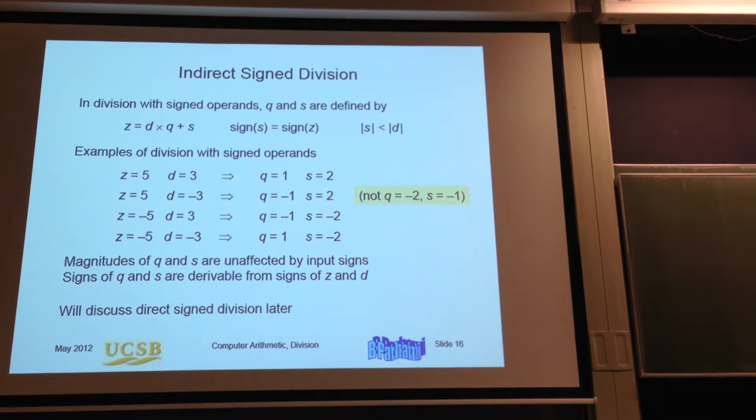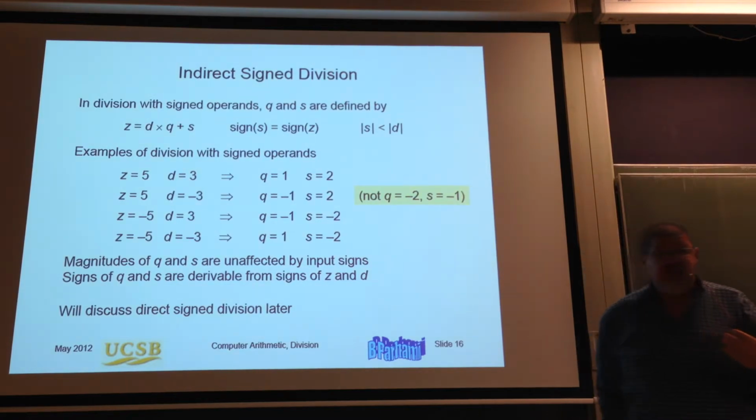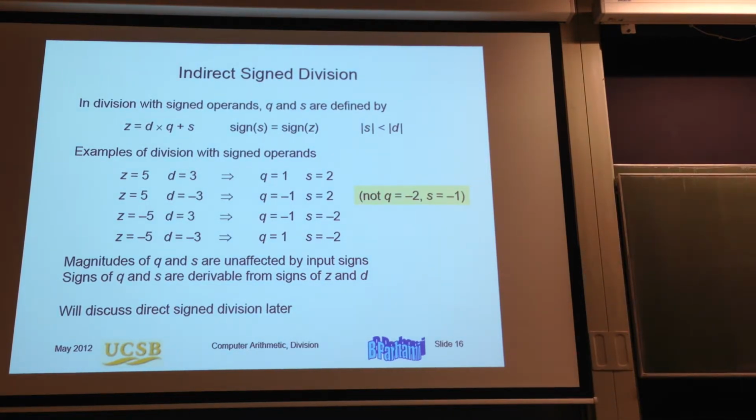Now, division can be handled, we always start with unsigned numbers in order to clarify the basic mechanism, and then we go into signed numbers because those are the relevant ones. And for division, there are different ways to deal with the sign. There is a relation between the sign of the operands and the sign of the quotient and the sign of the remainder. You see, if both of them are positive,